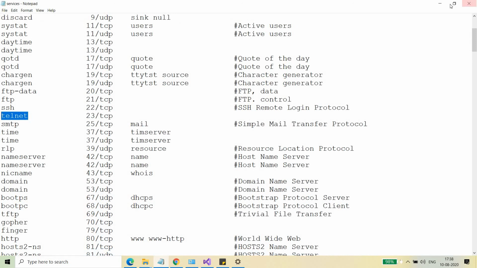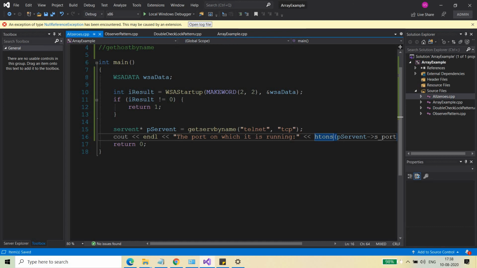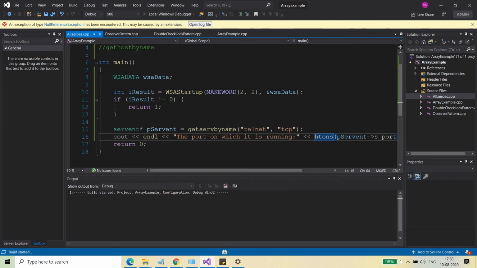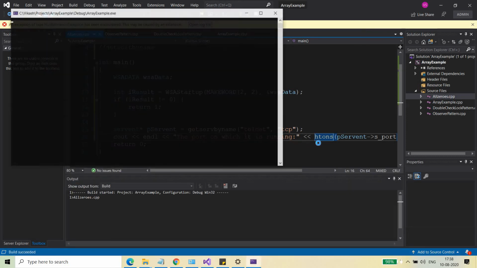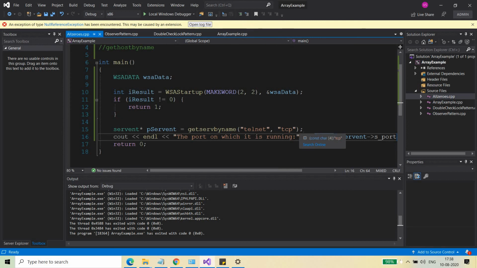It will not return 23, it will return something else. So you need to use htons, and let's see what happens now. It should print 23 because that is the port number on which it is running. Okay, you can see that this has been printed here: the port on which it is running is 23.